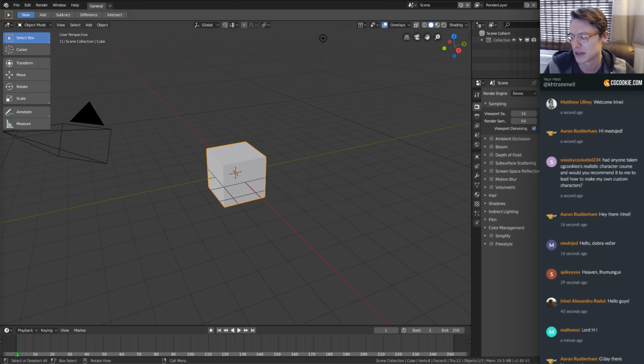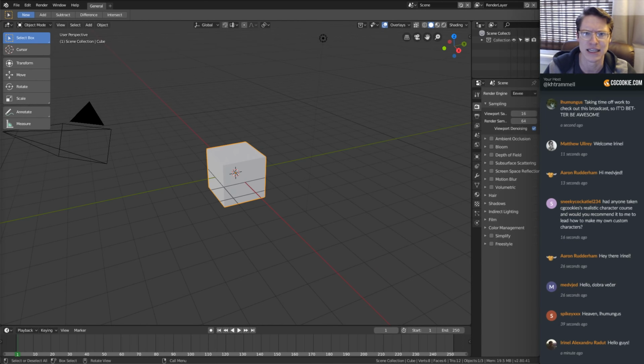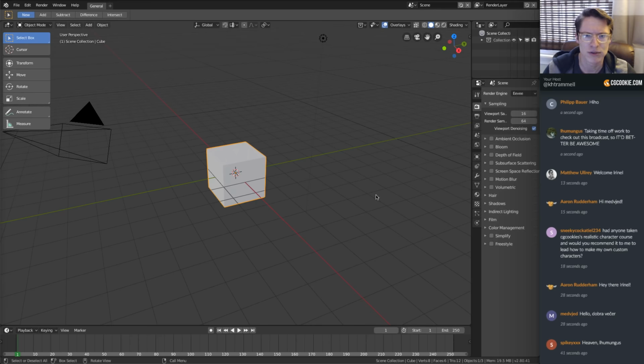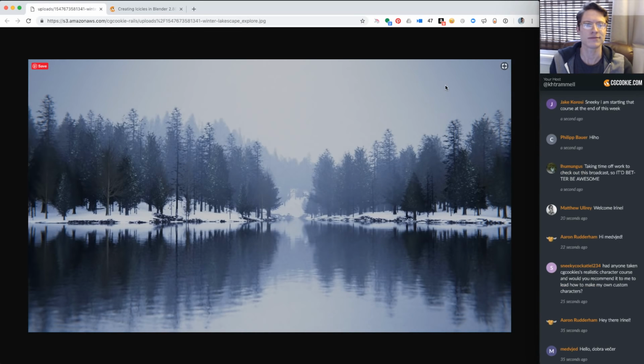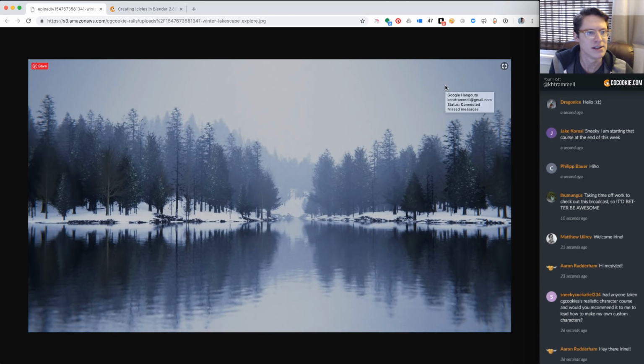And today we're continuing with the winter concept, the winter context, and we're looking at this lake scene. So I'll jump over to actually look at the image that we'll be creating. Whoops, this one right here. Yeah, so